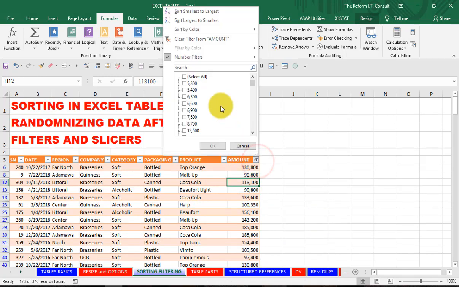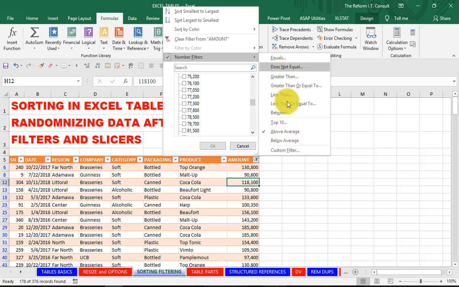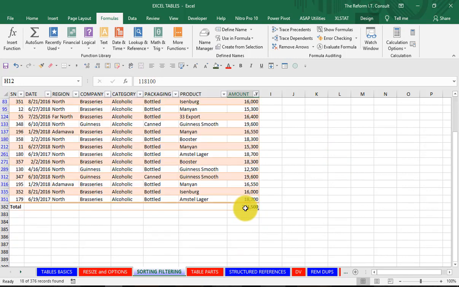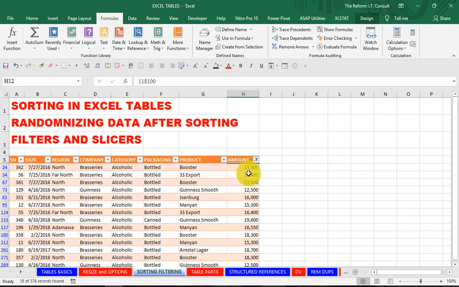So there are so many things you can do with filters. This one is kind of, I don't see how good you would use this, because it gives you a unique list of each sale here. But these ones are actually very powerful. You could filter numbers between a certain range, between 10,000 and 20,000. You want to get all the sales between 10,000 and 20,000. So all of those are the sales that met that criteria.